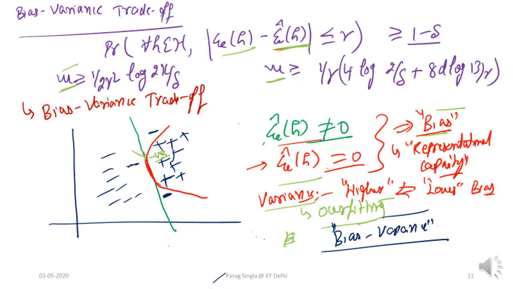Now, where does bias come into this picture? Is the whole point that the classes which can achieve lower epsilon hat h can also hopefully do better on future training sets, because of their inherent capacity? So there are two things here. One is the ability of a classifier to have low training error, which will hopefully also mean its ability to generalize well, in the sense of being able to represent the underlying pattern. This is the bias, in terms of its ability to represent the underlying pattern better, which is reflected in the low training error.